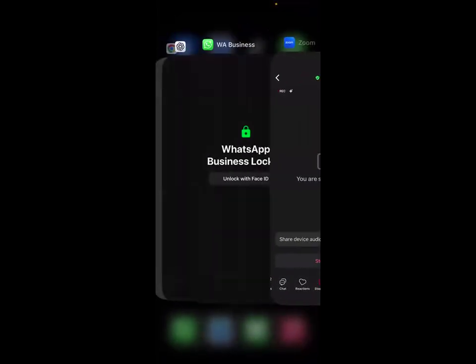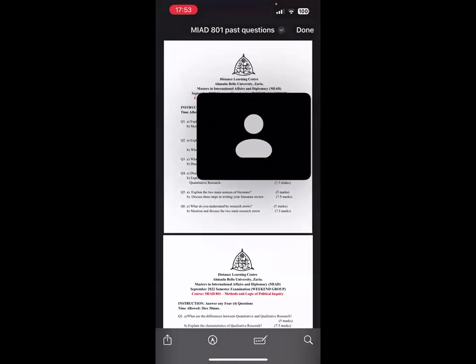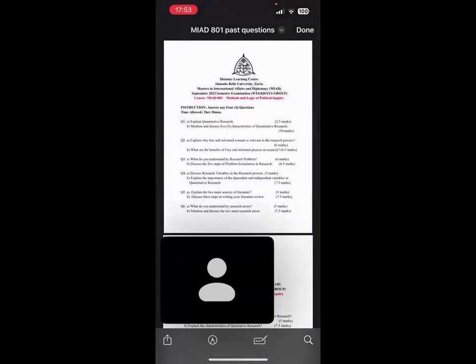Can you see my screen, please? No, there's nothing on the screen. Microsoft SharePoint. Can you see my screen now? Yes, I can see it. Yes, thank you very much. Can you see me or you just see the screen? Just the screen. Okay, no problem.